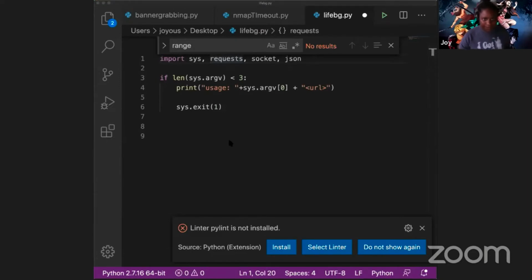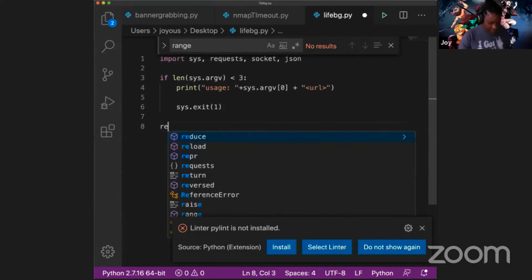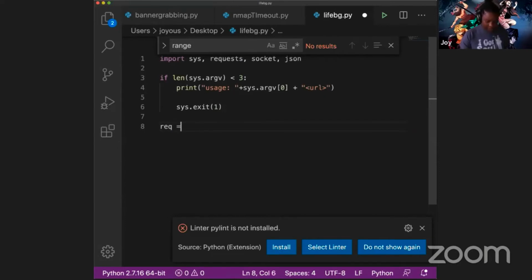Okay, perfect. Thanks everybody for their patience. So we're going to set the variable requests equals this get